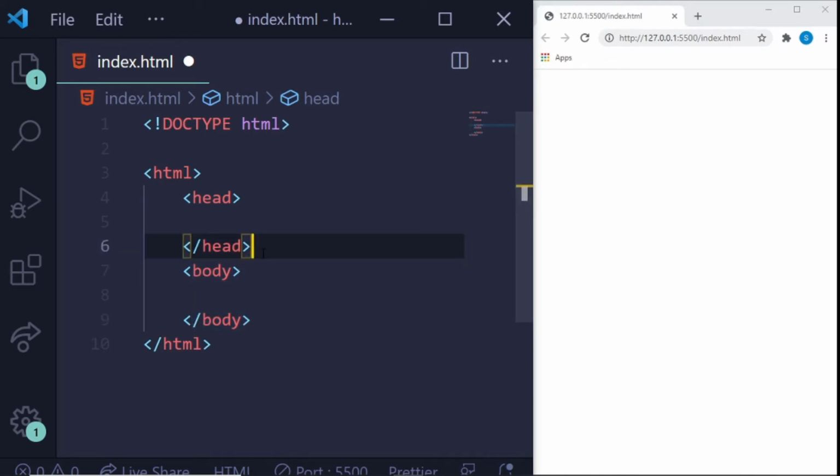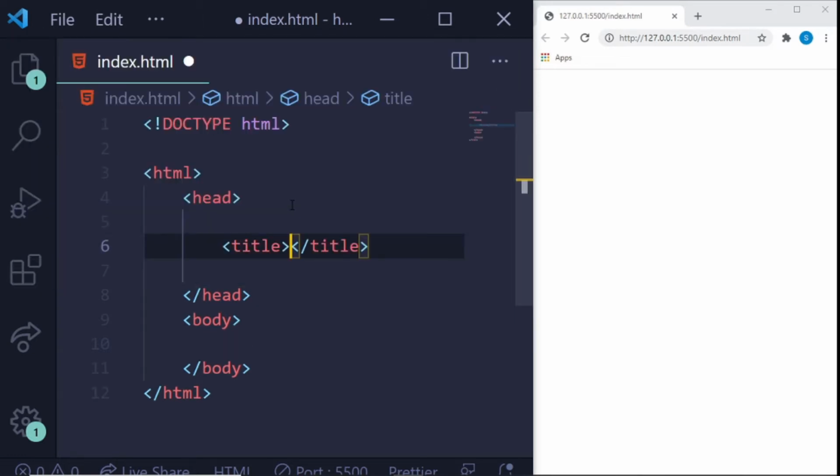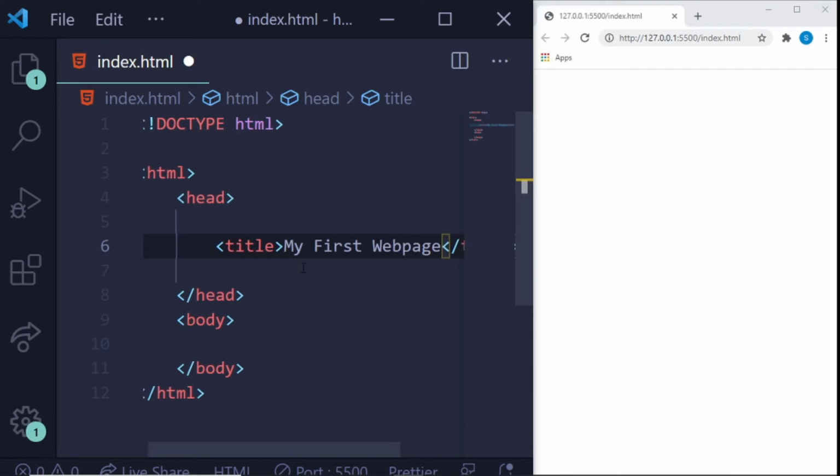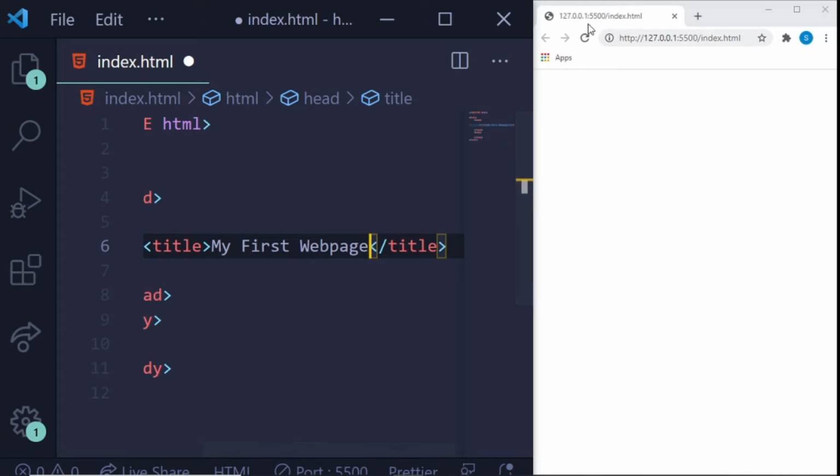Now, what do we use this head element for? We use this head element to give the browser information about this web page. So for example, you can put a title here, and you can see title comes with an opening tag and a closing tag. Inside this title, I'll put my first web page. This title is going to appear on the tab because it's given information. When I press save,